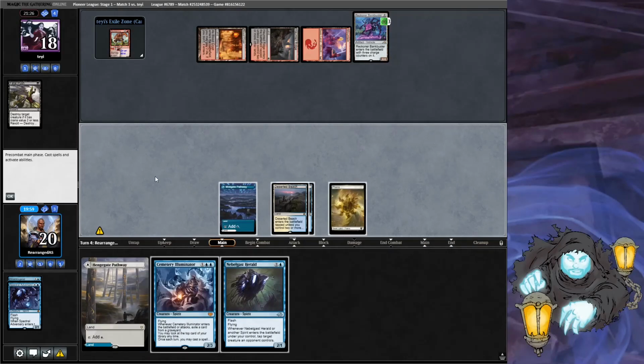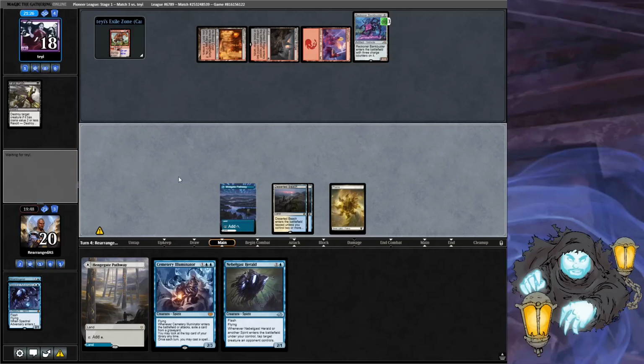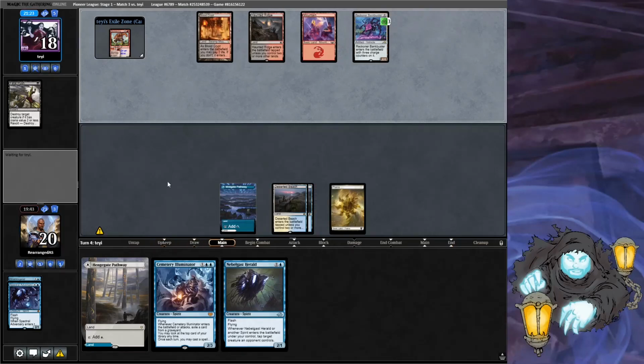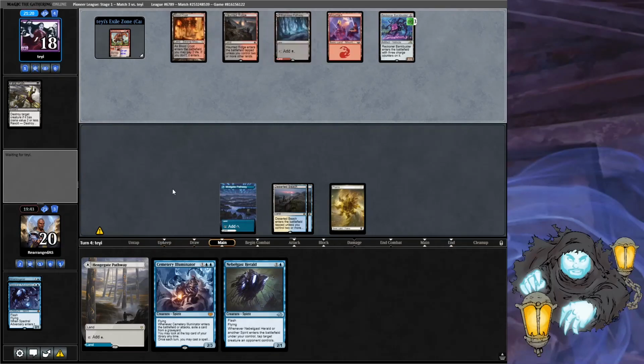So, do I want to buy Yorion here? Do I want to Nebelgast Herald here? How much do I want to play around Thoughtseize is really what I'm getting at here. I think I'm going to hold Nebelgast Herald here. So, the idea is that I want them to fight over Nebelgast Herald so that I can untap with 5 mana, Cemetery Illuminator, and then hopefully draw a 2-drop. I will also be able to see the top card of the deck here, so I'll know whether I want to specifically look for...